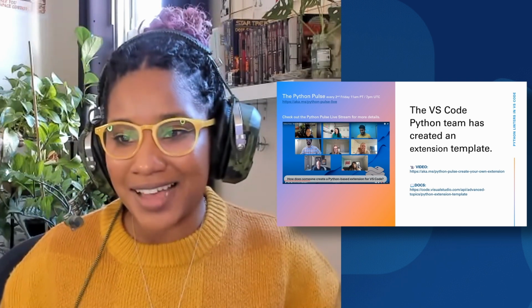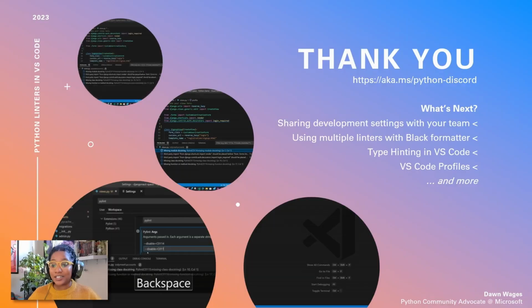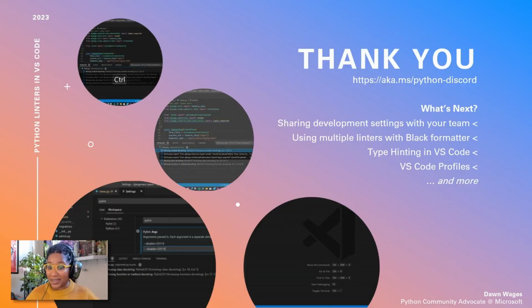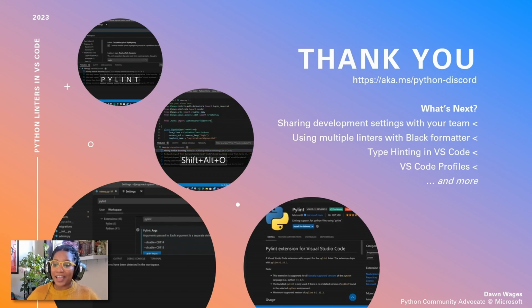This is the first video in the Python Hinting and Linting in VS Code series. We have some great content lined up for you, like sharing your development settings among your team, big or small, linters and black formatter, type hinting in Python, a dynamically typed language, and doing it in VS Code,